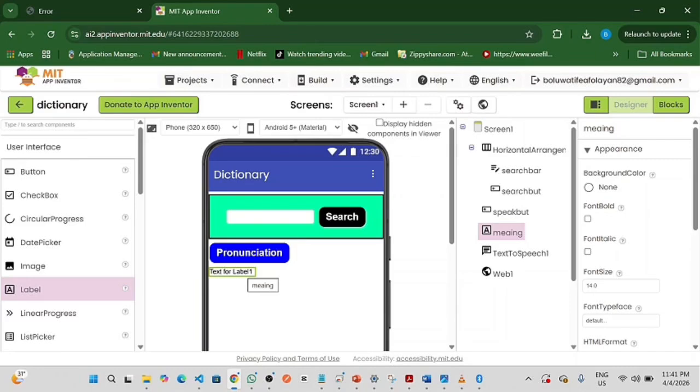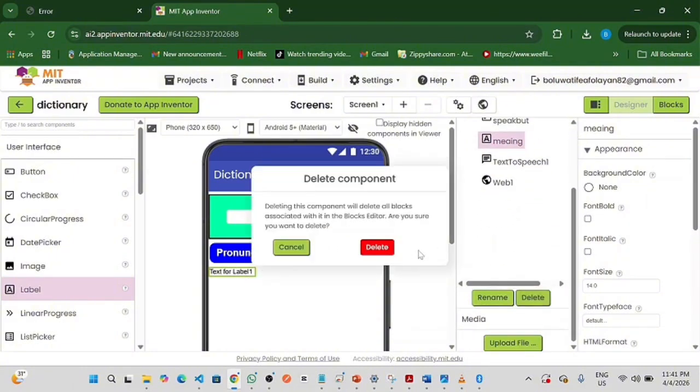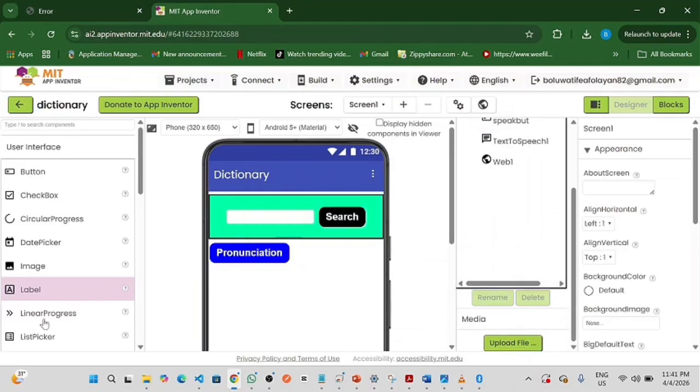Label just displays text, nothing else. But now we are trying to display a list, not text, so we need a component that would help us to display it neatly and cleanly. So we will delete this, and then we'll add